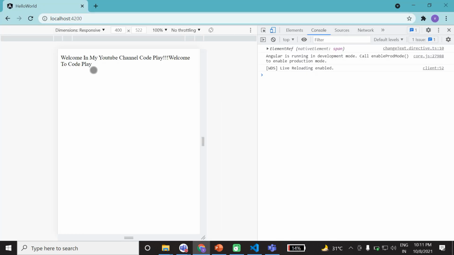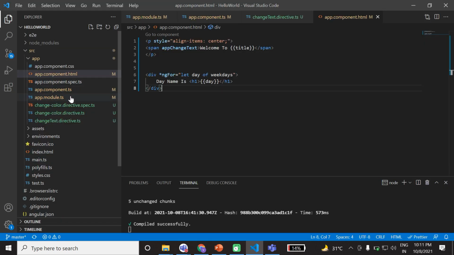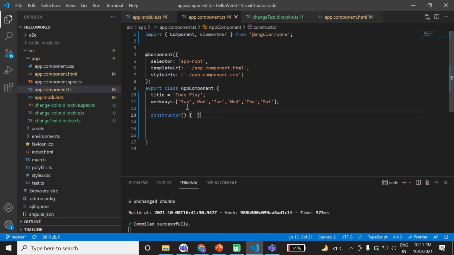I'm able to see this. Now go inside the app.component.ts file, using a string array equal to this.